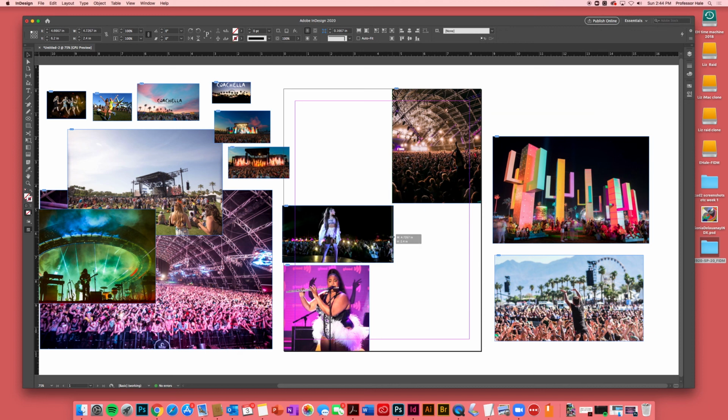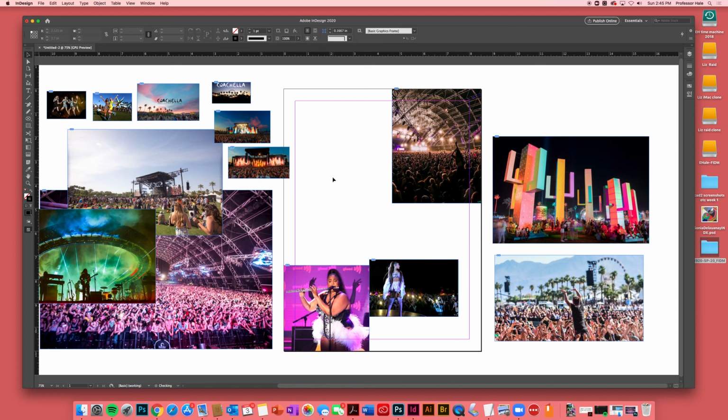So you can make her smaller. You can absolutely crop it for the best effect. Maybe it's best there where you can see people screaming for her. I don't know. You guys make that decision. Hopefully this makes sense. It should be fun. It should be easy. So really all you're doing, in summary, is you are sizing all those images to 300 pixels per inch. Then you're going to bring them in at 100% to InDesign, and you're going to do that by placing